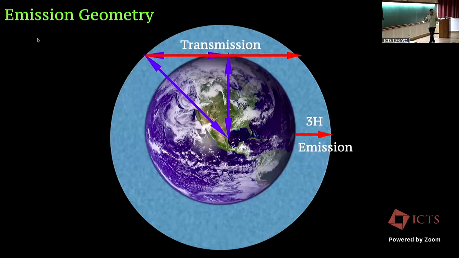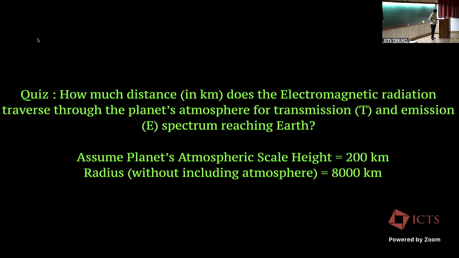So how much is the difference? Can you just roughly calculate what the numbers are? What will be this path and what will be this path? Assume the atmosphere is 3H, meaning 3 times the scale height. I'm giving you, it's like 200 kilometers. The atmospheric scale height is 200 kilometers. So the total extent of the atmosphere is 3 times that of the scale height, which is